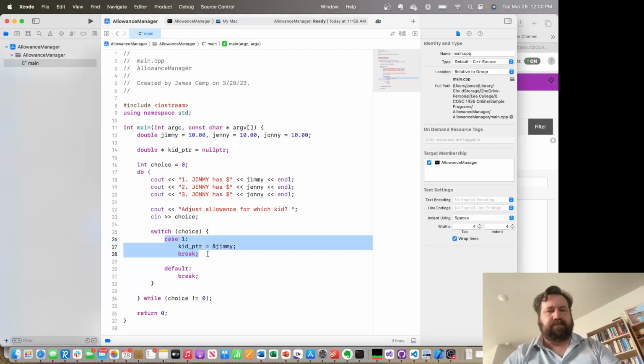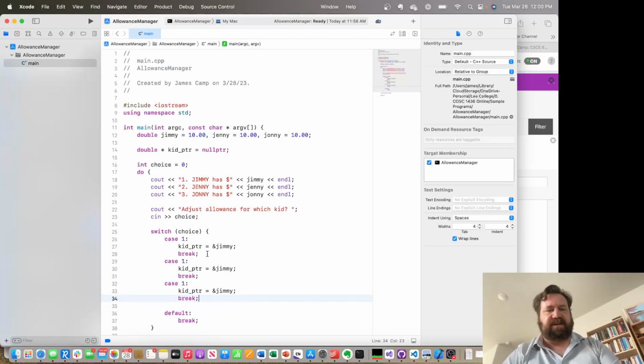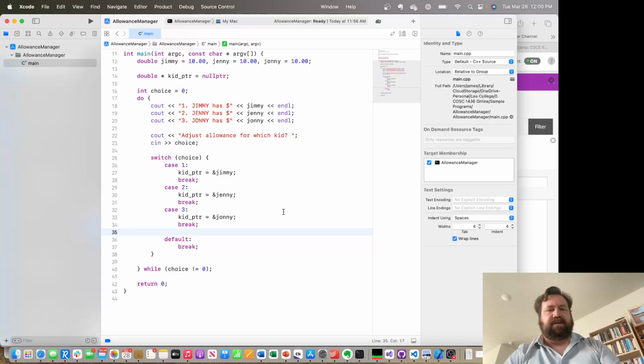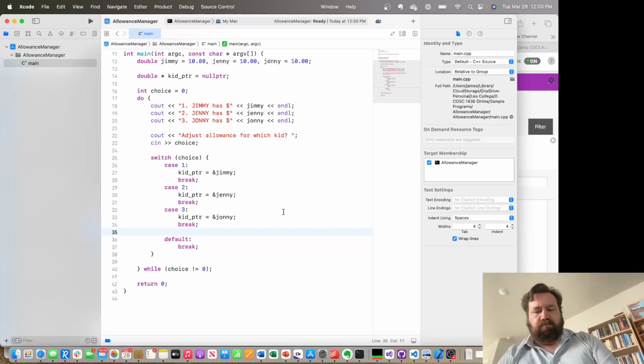Copy and paste that a couple of times. Case 2, kid pointer goes to Jenny. Case 3, kid pointer goes to Johnny. Now, what other cases do we have to handle? Well, if we didn't pick any of those kids, well, we don't do anything, but